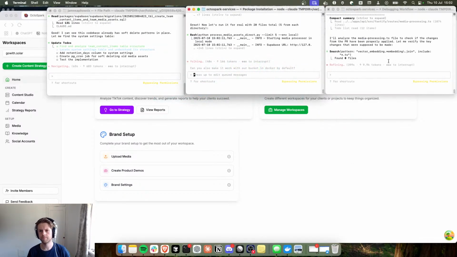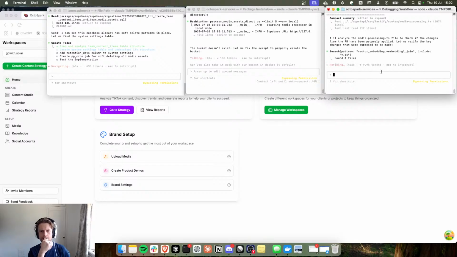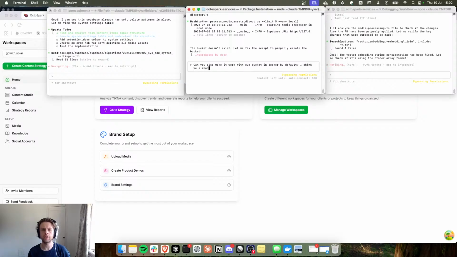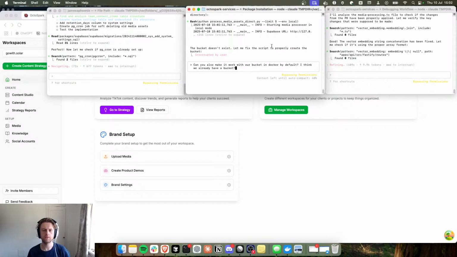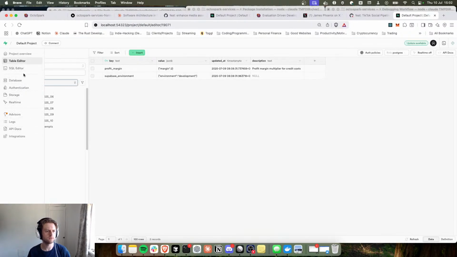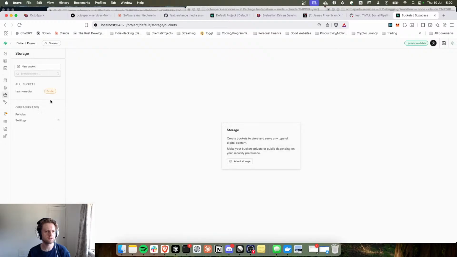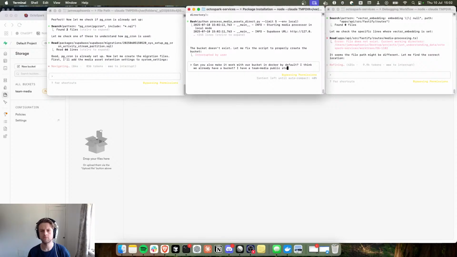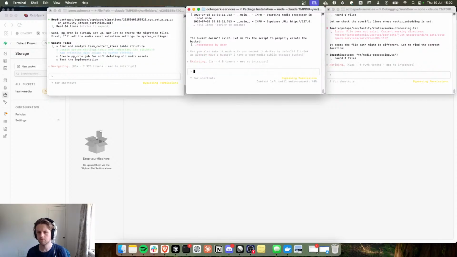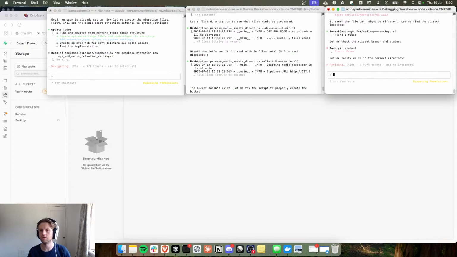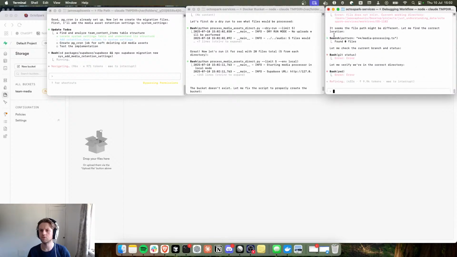Okay. Oh, no. I think we already have a bucket. How do I check my buckets, guys? Maybe storage. Team media. This is where you have to sort of monitor things. What are we getting here? Looks like